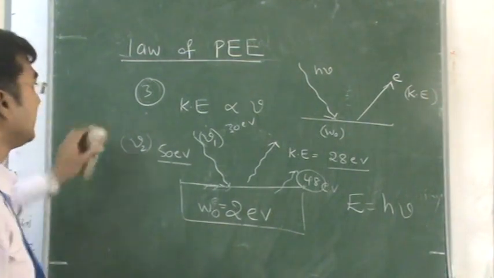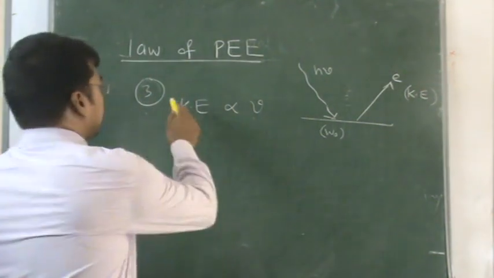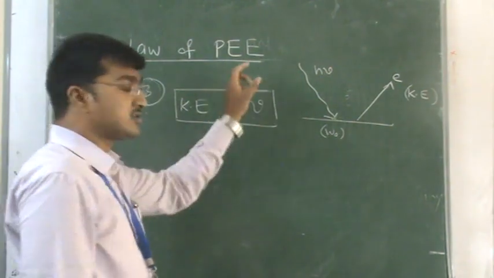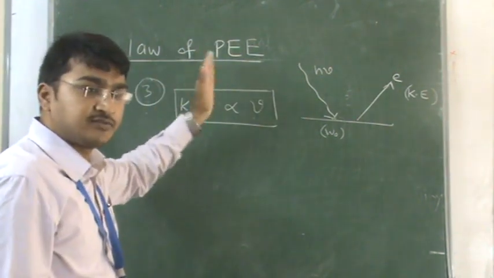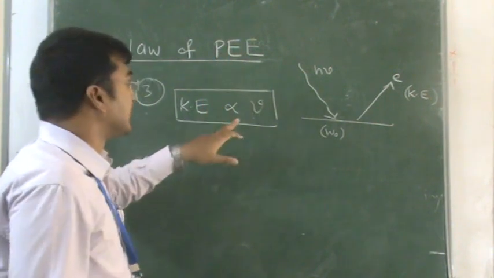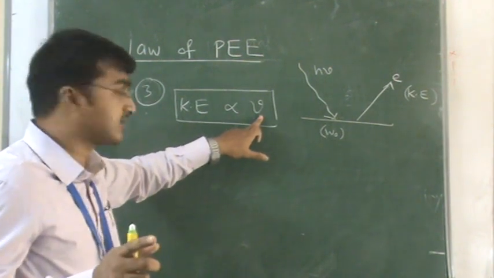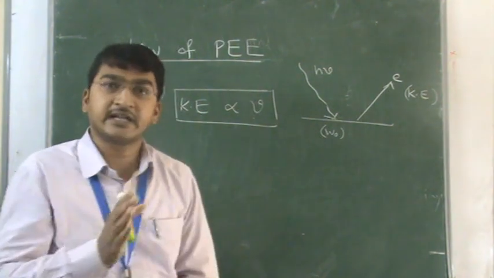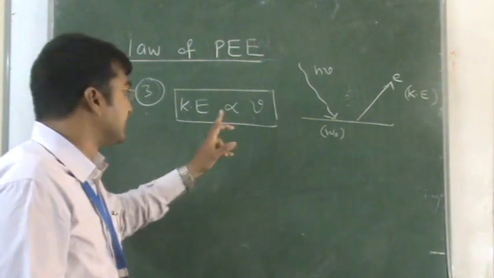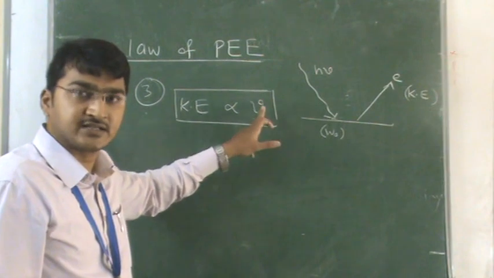So that is the second point. In short form, no need to note this one, just make a note of it. The kinetic energy of electrons, right? Make a short note. The kinetic energy of the ejected electrons, also called photoelectrons, is directly proportional to the frequency of incident light. Got it? Once again, the kinetic energy of photoelectrons or ejected electrons in the photoelectric effect is directly proportional to the frequency of incident light.